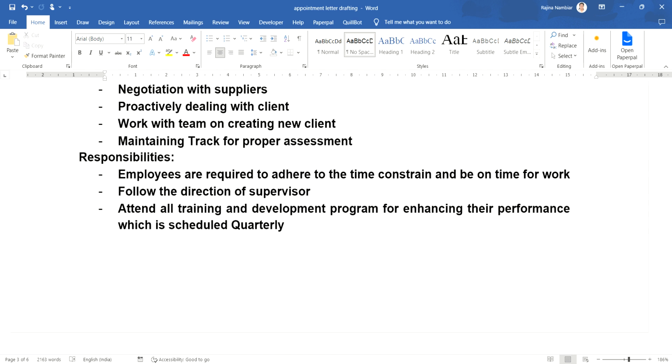Now in our next session, we'll discuss how an appointment letter is different from an offer letter. An appointment letter is a larger version of your offer letter. For a junior position you put an appointment letter, but for a senior position it's an employee handbook. The entire thing will be given, where it is further elaborated what is expected by the organization.